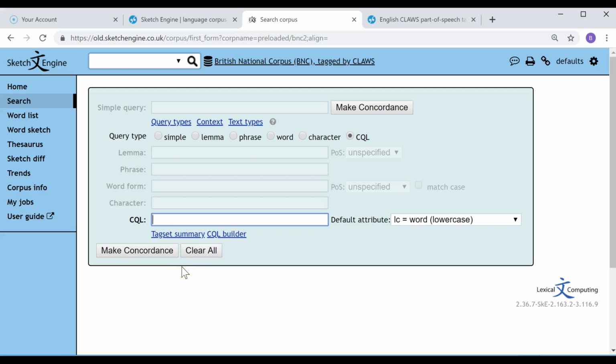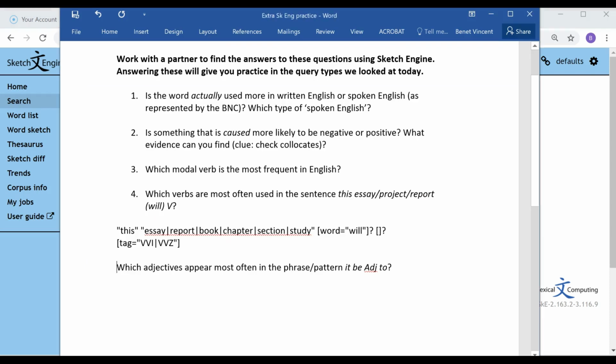Okay, I'm just going to go through the other task we had, to remind you, the other complicated one, which was which adjectives appear most often in the phrase or pattern "it be adjective to". Just while I remember,